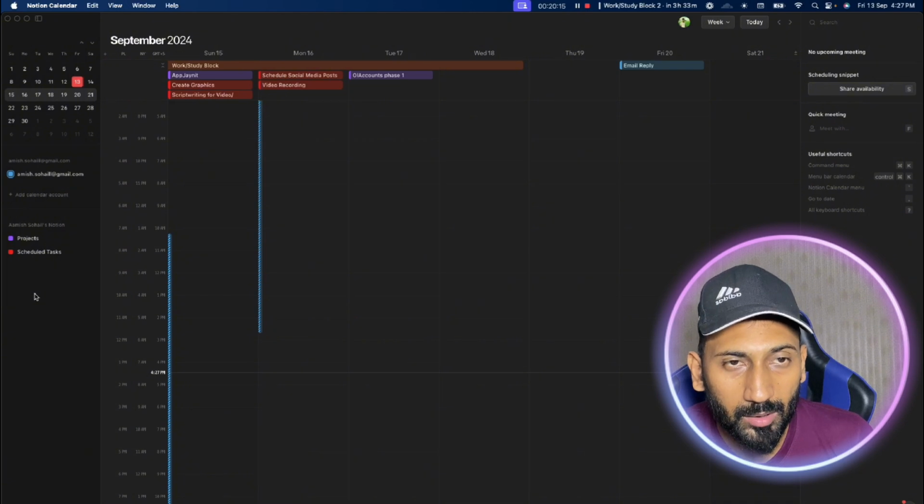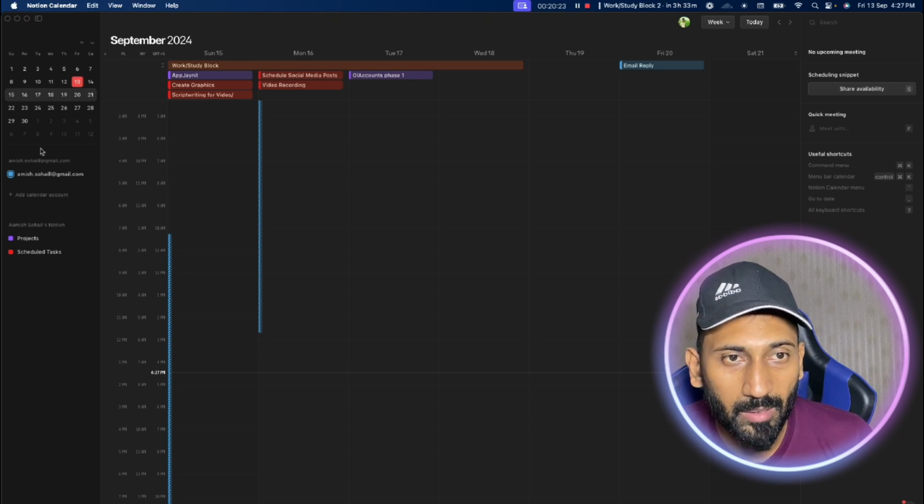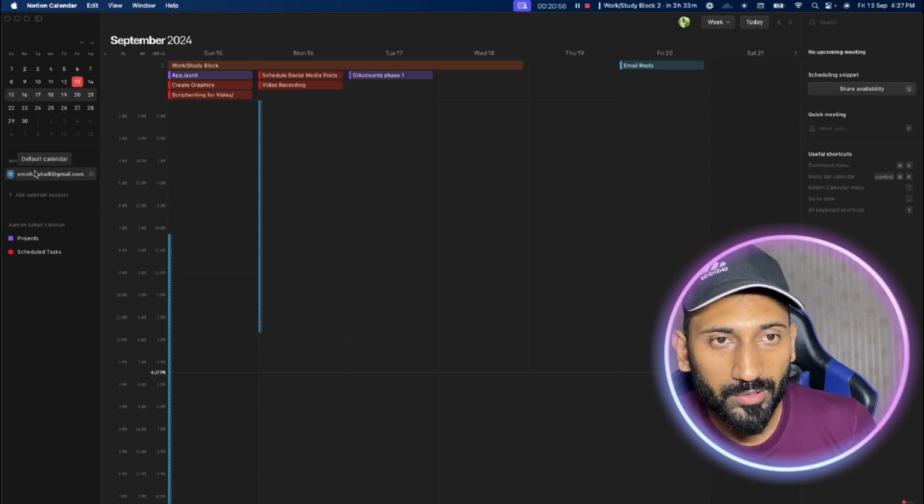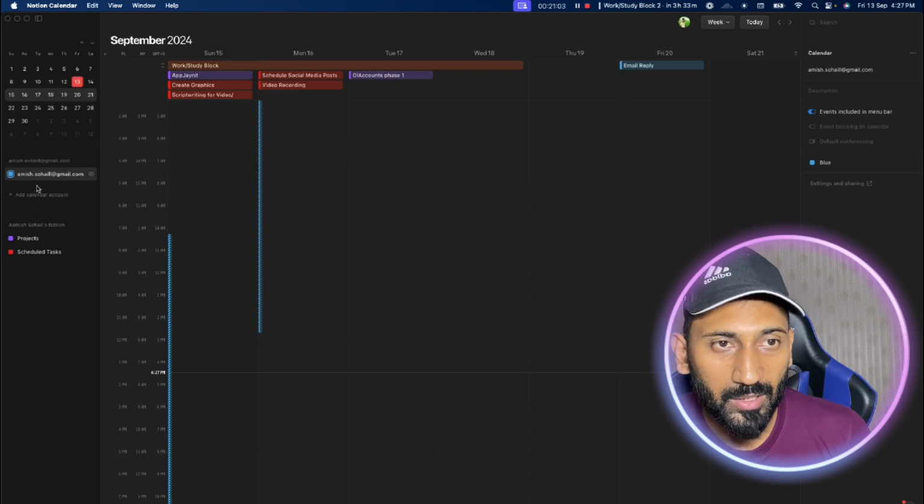After this small calendar, it will show you all the calendars which we have added, whether it's a Google calendar or any database you have added from Notion to this sidebar. Here you can see we have three options. First one is the color. To change the color, you can just right click here and change to any color. After that you have the name of the calendar, and finally